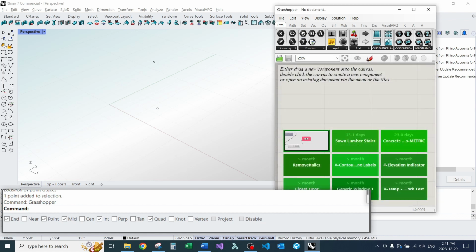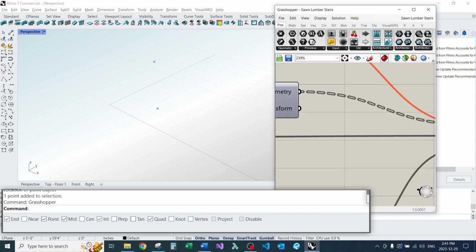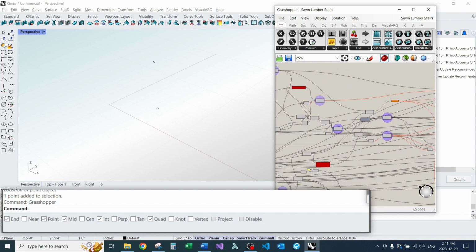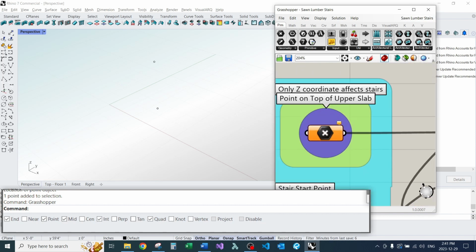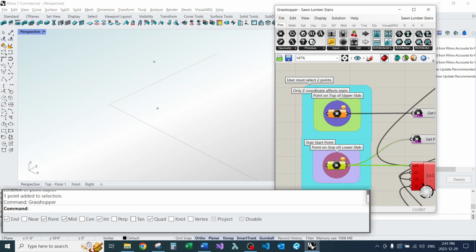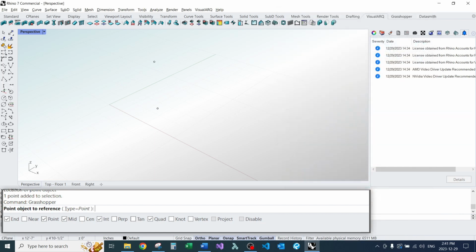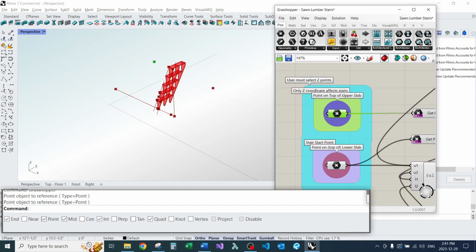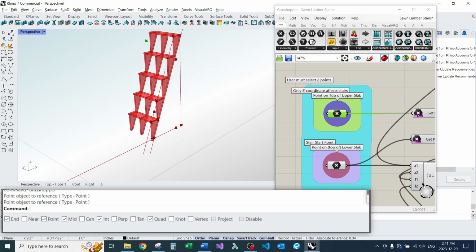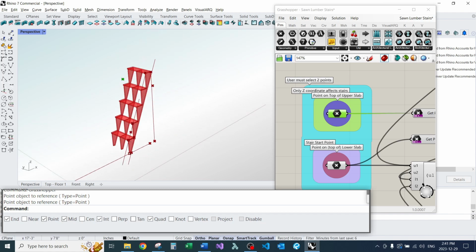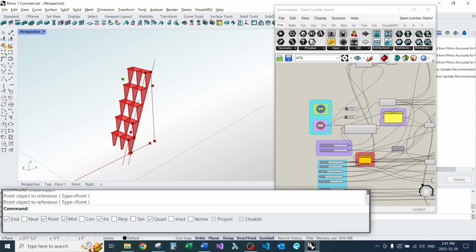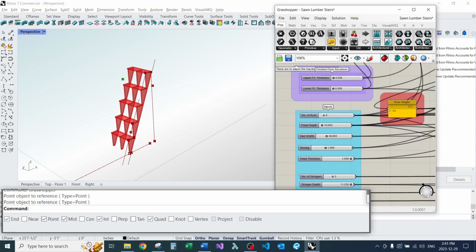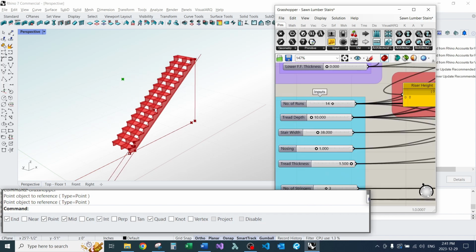Anyways, I'll see if they come up here. I have one for sawn lumber stairs and one for concrete stairs. But I don't want to spend too much time on this because it's not really the point of the video. The other reason I don't share these is because if you use the wrong Grasshopper definition in a file with different units, it will actually crash your Rhino. So for now, I'm not